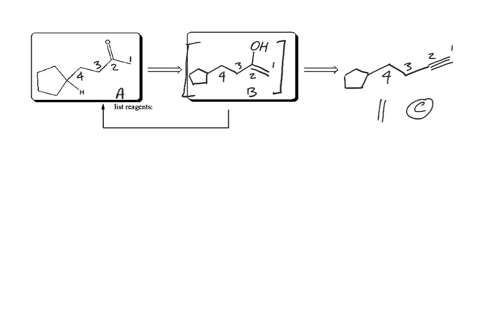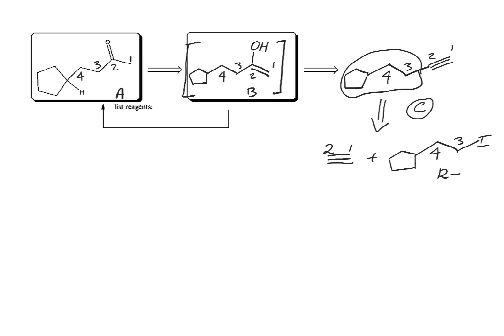So retrosynthetic arrow. Acetylene, which will give us carbons 1 and 2, plus the alkyl halide portion, cyclopentyl, carbons 4 and 3, with the leaving group, iodide or bromide, attached to the carbon that will be bonded with carbon number 2 in a chain extension reaction. So I will go ahead and label this alkyl halide as my Rx, and now I can show the forward